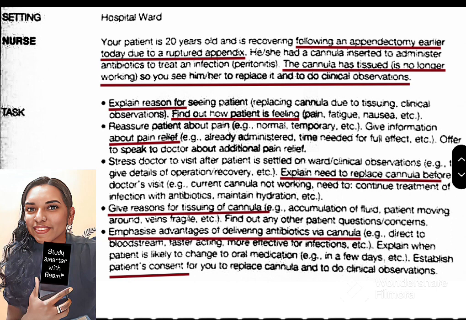And the next task will be stress doctor to visit after patient is settled on ward and clinical observation. Because we need to give details of operation and recovery. Explain need to replace the cannula before doctor's visit. Current cannula is not working. Need to continue treatment of infection with antibiotics and maintain hydration. So here we are explaining something because a patient has asked something and we are giving the answer. Assume the question, or else you can ask, how does that sound? We asked. So the patient's answer will be,